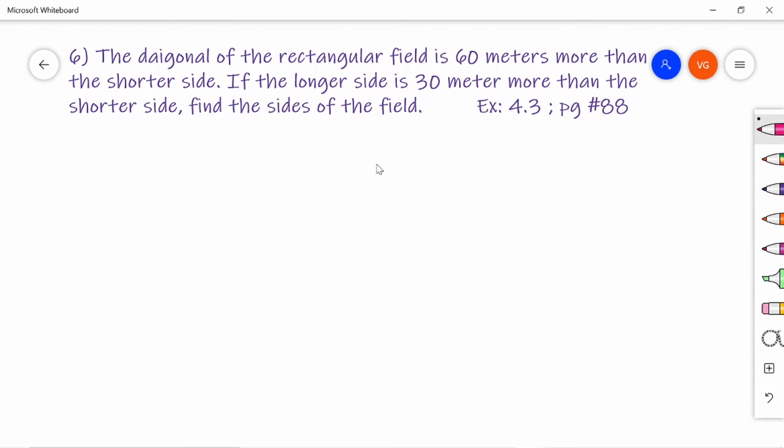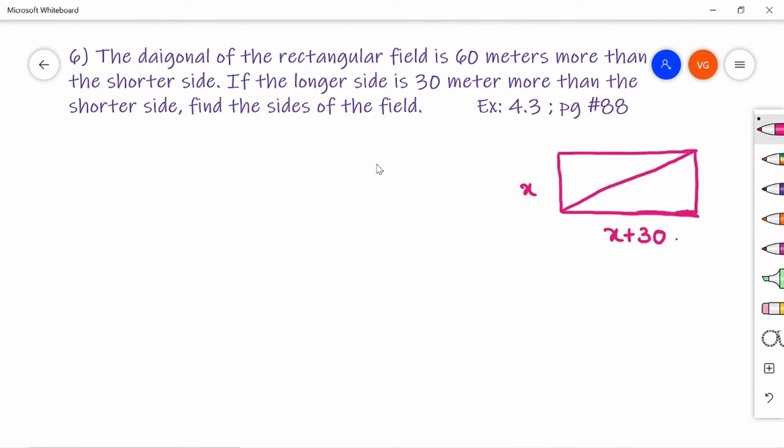Right. Whatever the problem in quadratic equations may be, first you have to take only one variable, that you have to remember. So draw the rectangle, as they are talking about a rectangle and one diagonal. Just draw it. Assume the shorter side as x. Then they are telling us the longer side is 30 meters more than the shorter side. As I said, you have to consider only one variable, so I am taking that length as x plus 30.